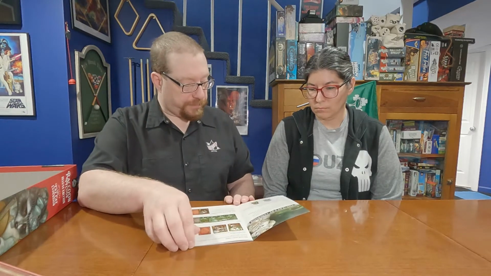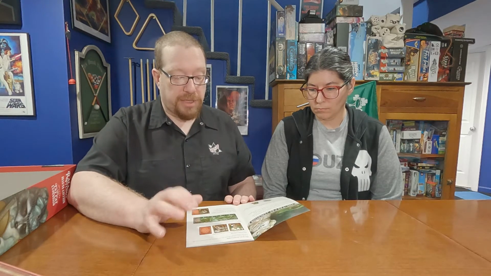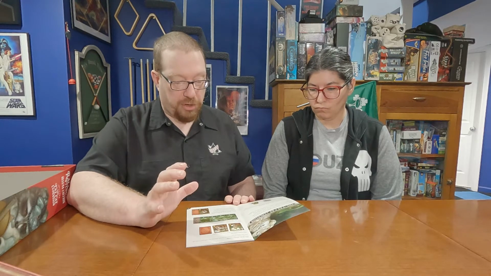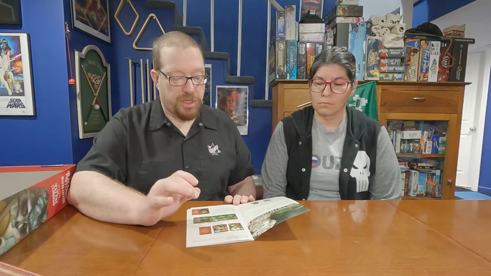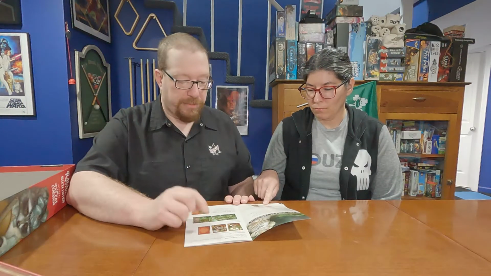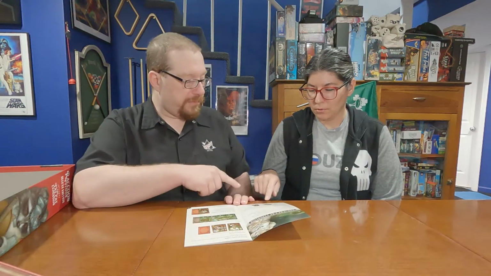Okay, so first thing for the Fat Cat expansion is you get 6-player cards to be able to use if you're playing a larger number of players. You also get an extra railroad, the Jackrabbit Railroad, which they're adorable. They're really cute. They're also worth a good number of points. You also get...